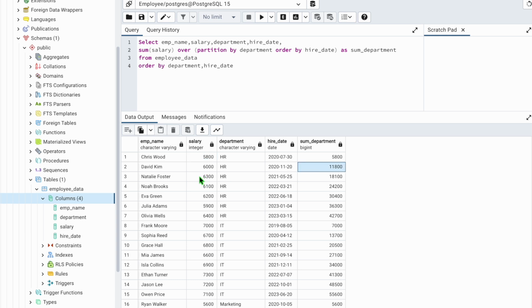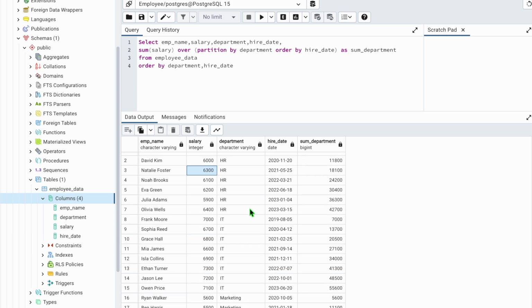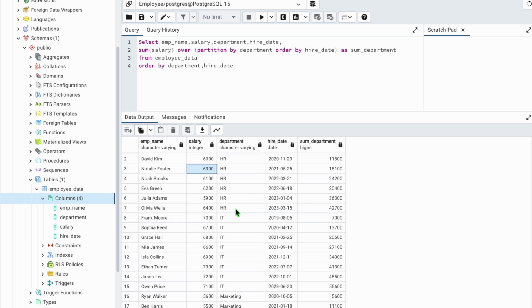And then we hired Natalie, and that's why the running total for the HR department increased by the salary of Natalie, and it goes like this. And then we have Olivia in our HR department, and this is the sum of all employees' salaries in the HR department. As you see, this is the last employee in the HR department,